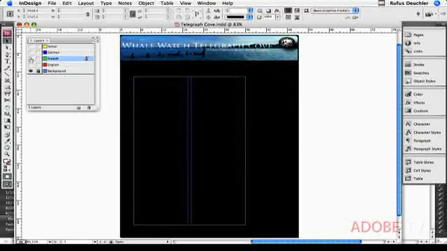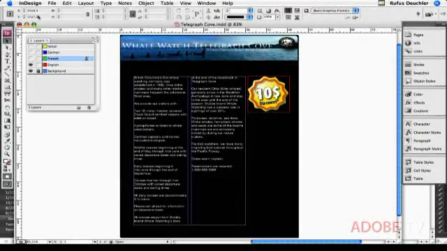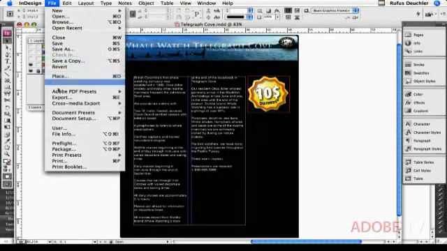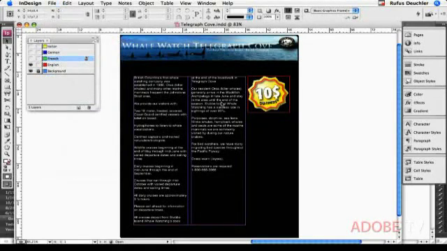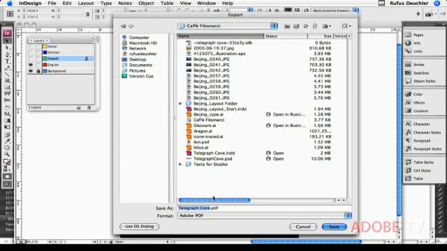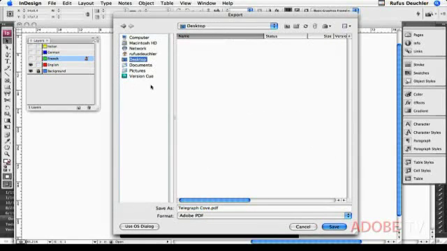Yeah. And why did we do all that? Go through the trouble of creating all these layers and organizing the document in that way? I suspect it has something to do with PDF. It does. Let's turn on the English version. And if we go under File, Export, and export that as a PDF, let's call it Telegraph Cove PDF, put it on the desktop,